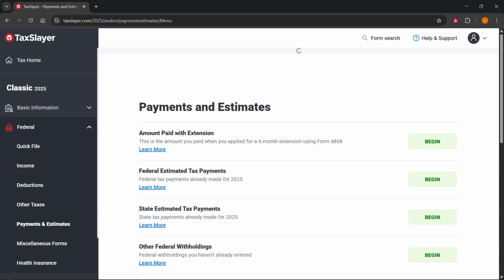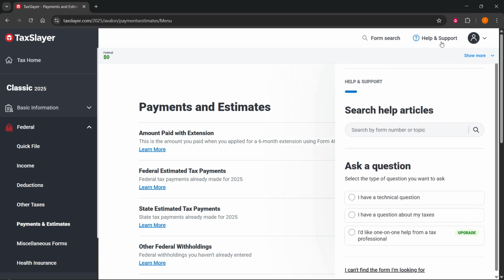In this video, I'm going to show you how to purchase TaxSlayer. Now, the first thing you have to do here, you actually want to be inside your tax return, and up here top left, you'll be able to see which package you're currently using. So I'm currently on the Classic, but if I want to purchase any of the other ones, you want to